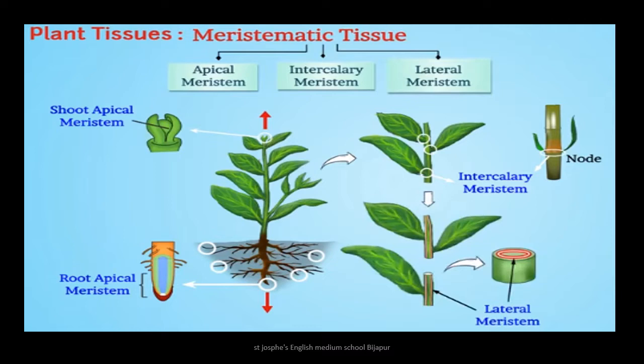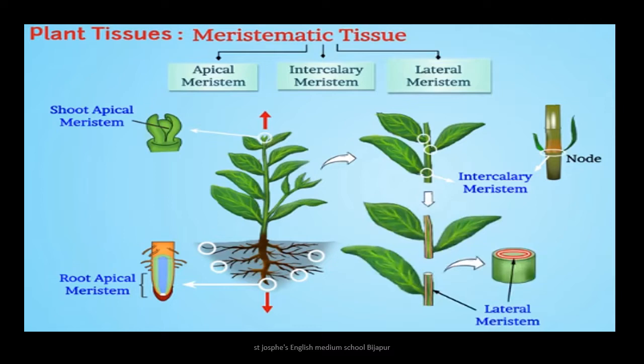Thus, the meristematic tissue at the tip of the stem and the root is called the apical meristem, where the word apical comes from the Latin word apic, which means top, and helps in increasing the length of the plant. Moving on, the plant, along with an increase in height, also starts giving out branches and leaves. This type of meristematic tissue occurring between the apex and the leaf is called the intercalary meristem. It helps in increasing the size of the leaves and internodes.